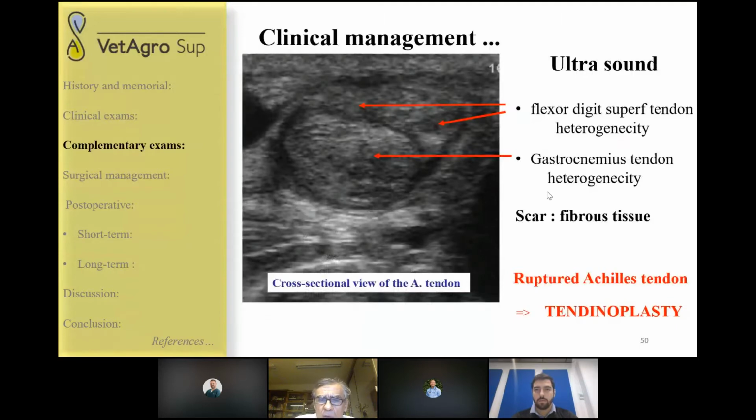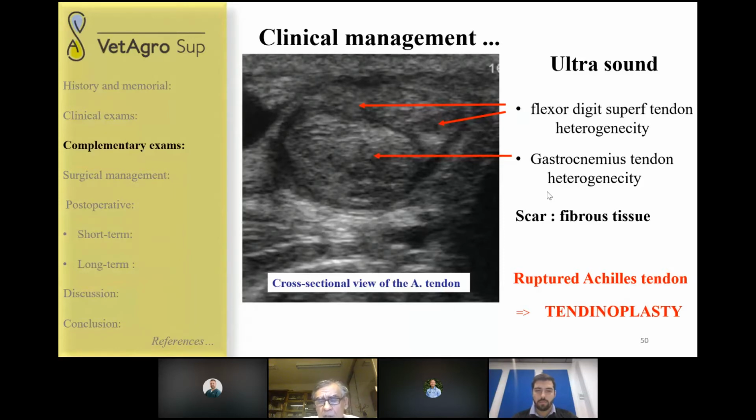On the ultrasound for the imaging, we have seen some modification of hypoechogenicity and some heterogeneity of the superficial digital flexor tendon and in the gastrocnemius tendon, and it's like a scar. We have some connective tissue in this tendon, and it is the beginning of the bad repair. So at this time, we decided to repair and to do a tendinoplasty